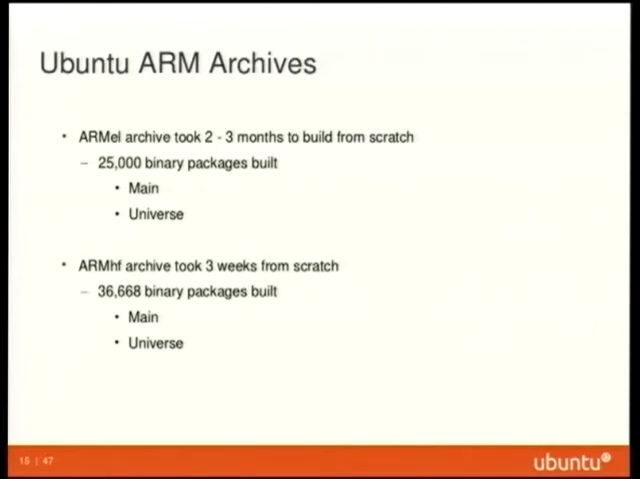So when we first built it, 25,000 packages, but 3 months. A lot of work went into that, having to resubmit packages, fixing bugs and things. When we built the ARM HF archive this cycle, we built 36,000 packages, but it took us 3 weeks from scratch. Huge difference. A lot of that was due to the ARM v7 hardware coming along and bug fixes that we added to the ARM v7 archive so that we could actually get full